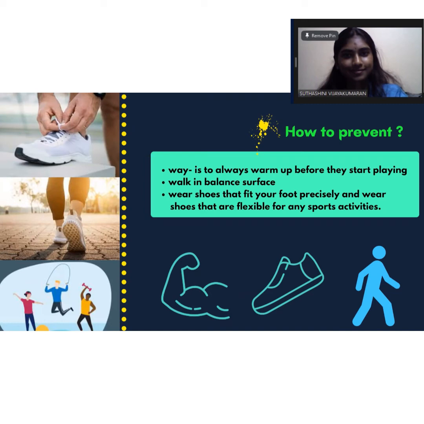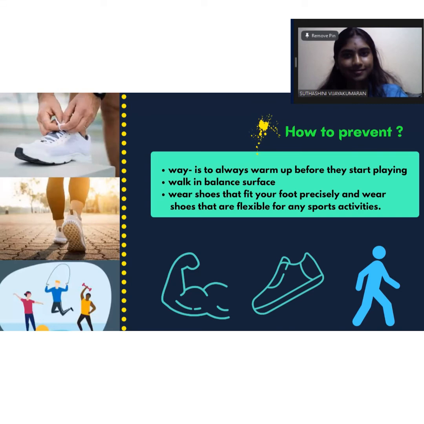Secondly, be aware of walking on uneven surfaces. Always remember, if you feel the surface is unbalanced, try to avoid heavy exercises, because in the end it may affect your ankle sprain heavily. If you are playing football in a field, make sure that you walk on a right and balanced surface. If the area is unbalanced, try to avoid it. This is how you can prevent an ankle sprain.